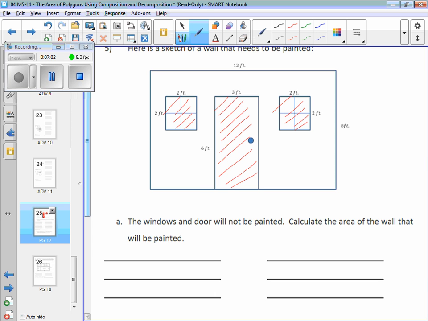Will? First, you find the area of the door and the windows, and... subtract it. Subtract it from? The area of 12 times 8. Okay, so we're going to find the area of the whole entire house, including the windows and the door. And then like Will said, we then subtract the pieces that we don't need, which are the two windows and